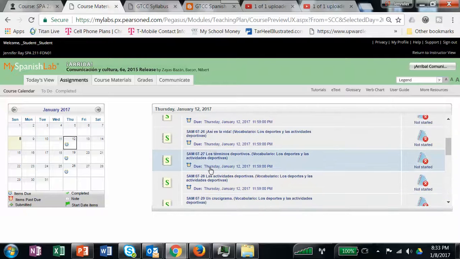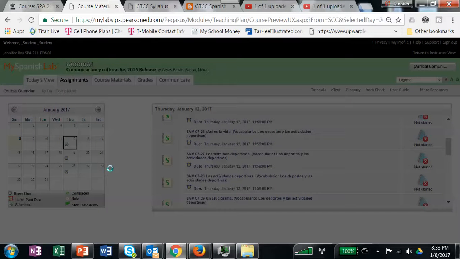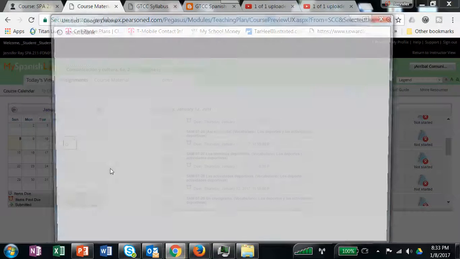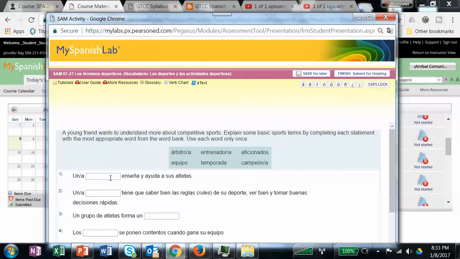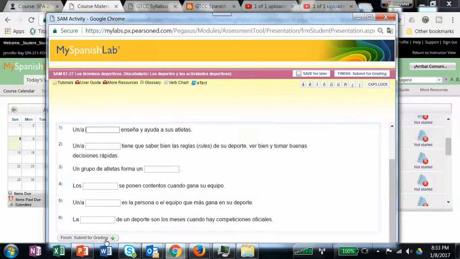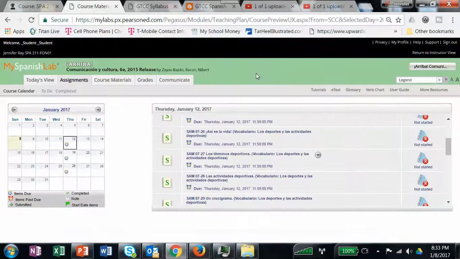And when you do an assignment, it should pop up in the middle. You just click on it, it opens up in the middle, and you can just plug in the words in the blank, and then you hit finish and submit for grading, and it should come to me. And it will also give you the option to do it more than one time. And if you get like a 40 and then you take it again and you get 100, I'm never going to see that 40 unless I go looking for it. So the 100 is what I would transfer over. So hopefully,